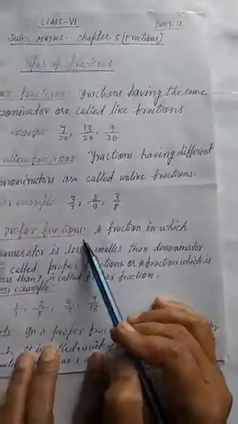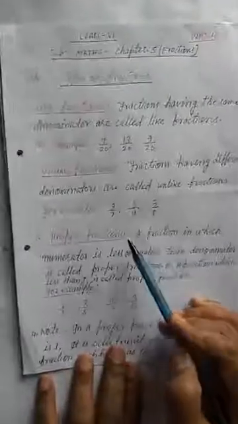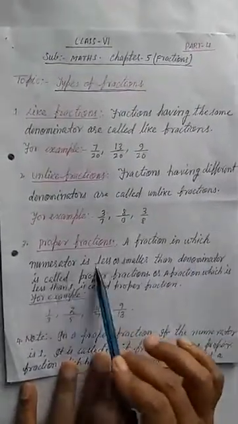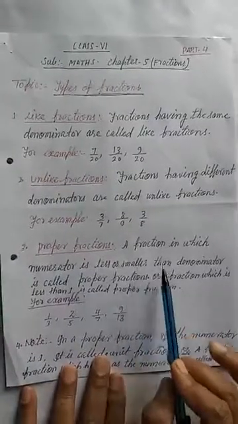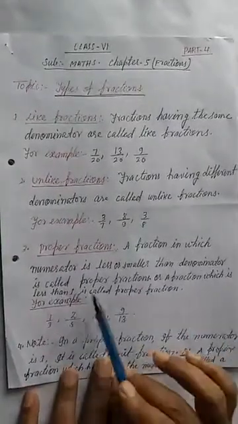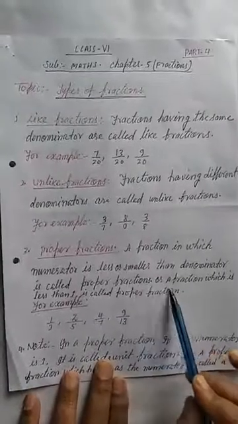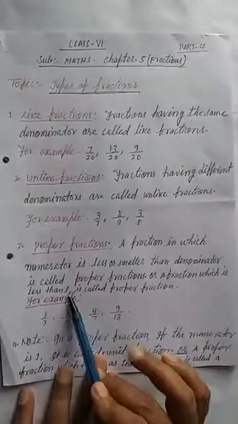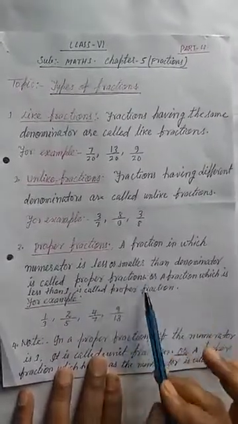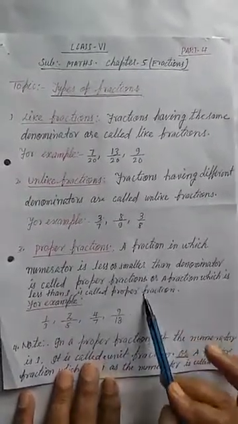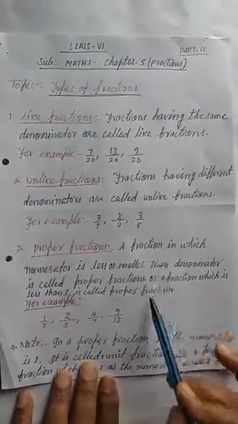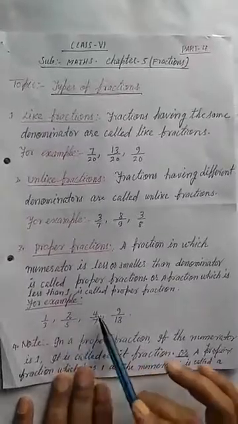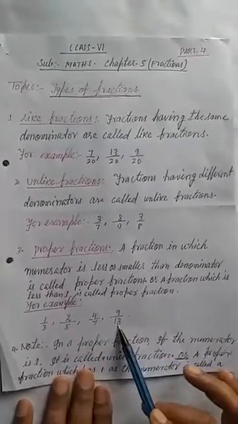Now proper fraction. Okay students, you have already studied proper fractions in class 5. A fraction in which the numerator is less or smaller than the denominator is called a proper fraction. Or we can define it in another way: a fraction which is less than 1 is called a proper fraction. Here are two definitions, so you can use any one. For your knowledge, you can try to understand both. For example, 1 by 3, 2 by 5, 4 by 7 and 9 upon 13.